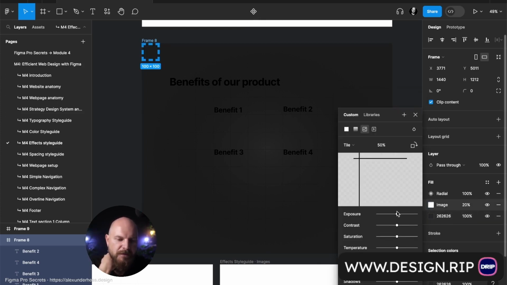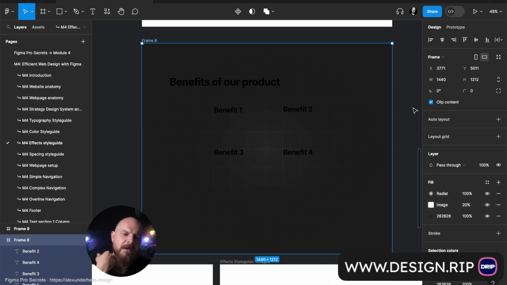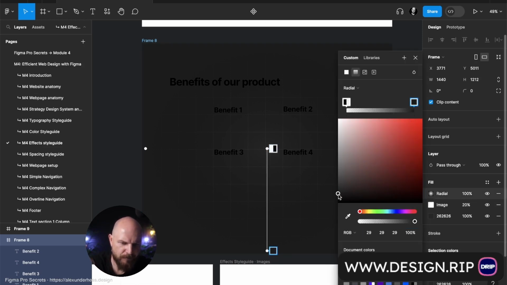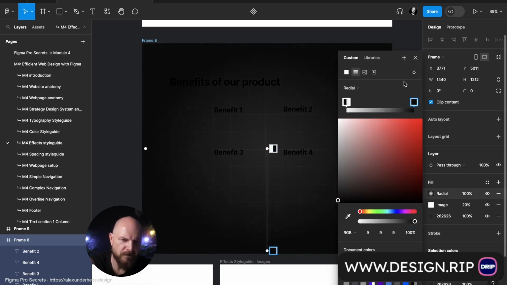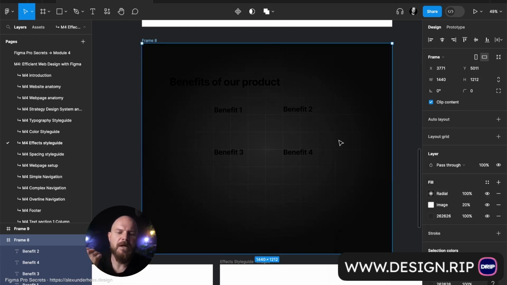And for the image here, I will use exposure, contrast minus, and highlights a little bit higher, and shadows a little bit higher. So now I have this, but we don't see text right now. Also for the background, I will use an even darker version. But now we don't see the background here, but we remember that